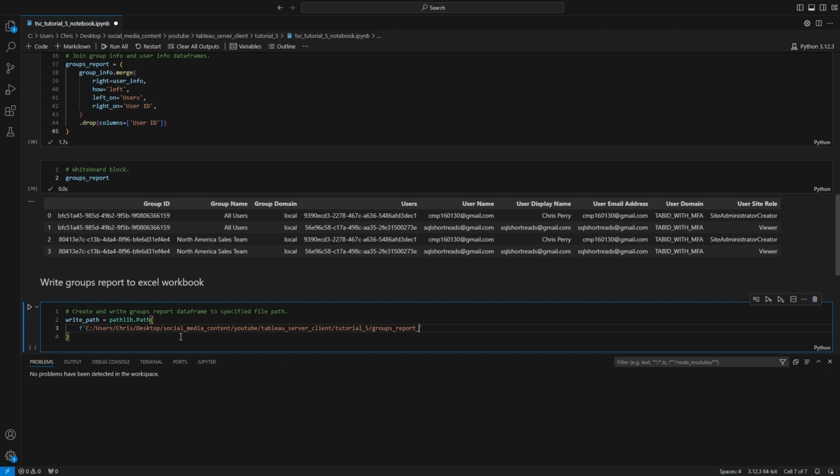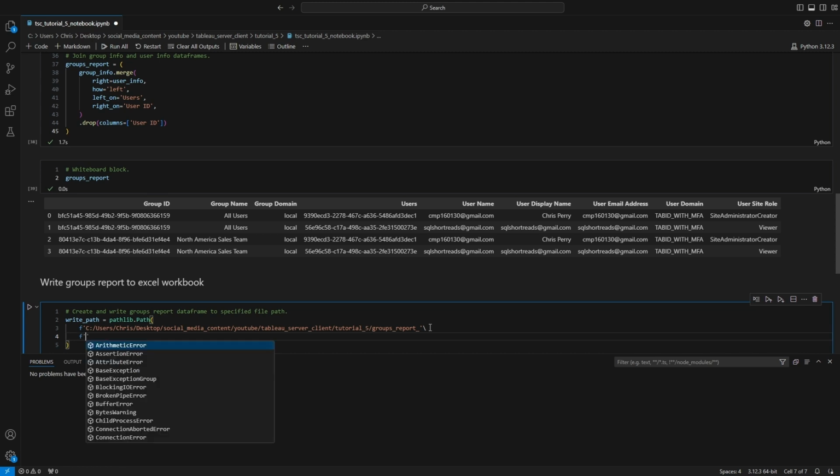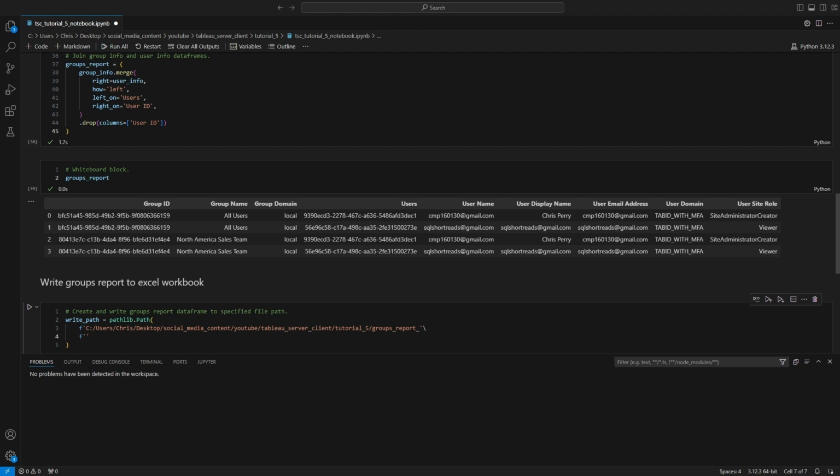And then the next thing I want to do is append the time at which this report was generated. It's highly likely that you're going to generate multiple groups reports over time. One, you don't want to overwrite it, right? But also, you want to be able to differentiate between one groups report and another. So an easy way to do that is to append the time at which this code block or this report was generated. What I'm going to do is use my datetime module,